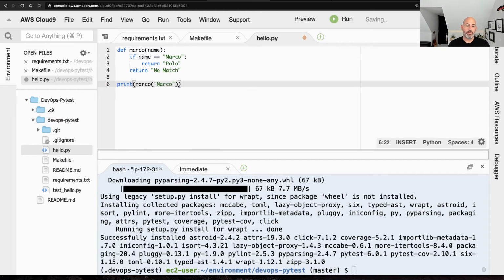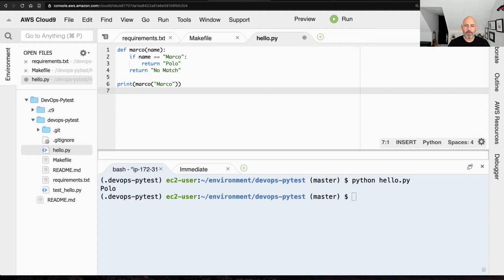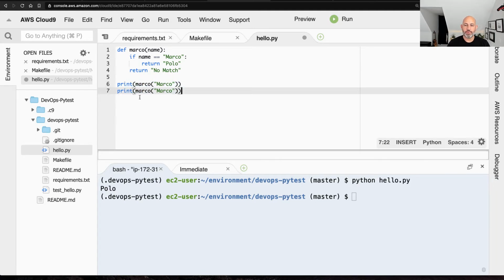And what this should do is print back Polo. So how do I run this? Well, fortunately, I've already got my environment set up here. I can just go through and say python hello.py. There we go, and it returns back Polo. And if I change it to another thing here, for example, if I just copy this and put in the word Bob, this will return back